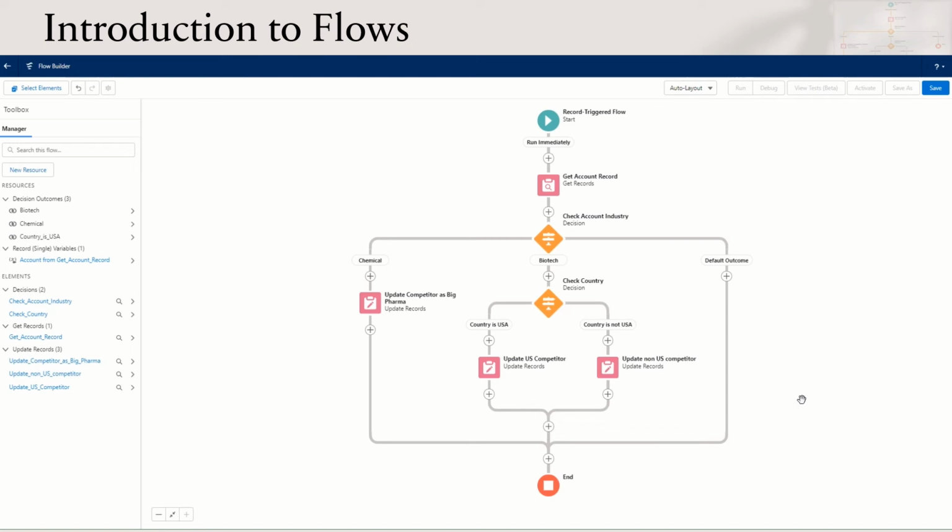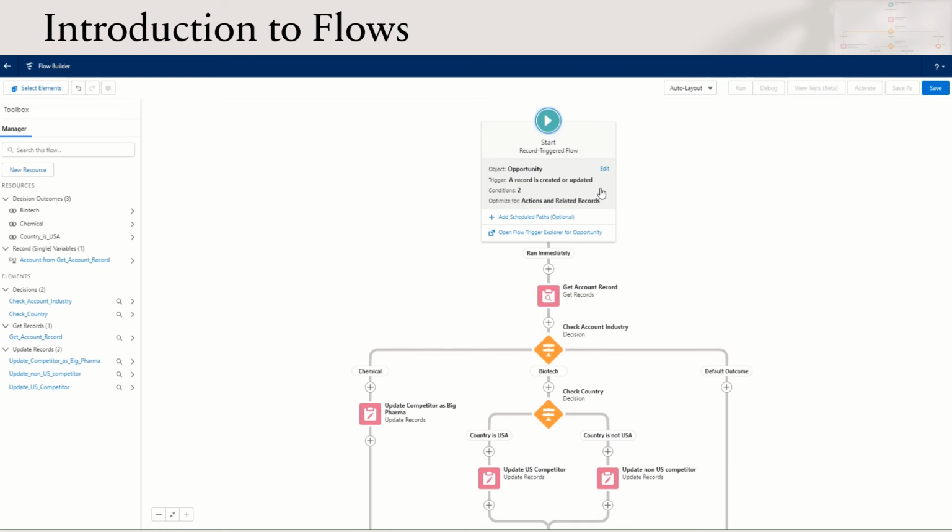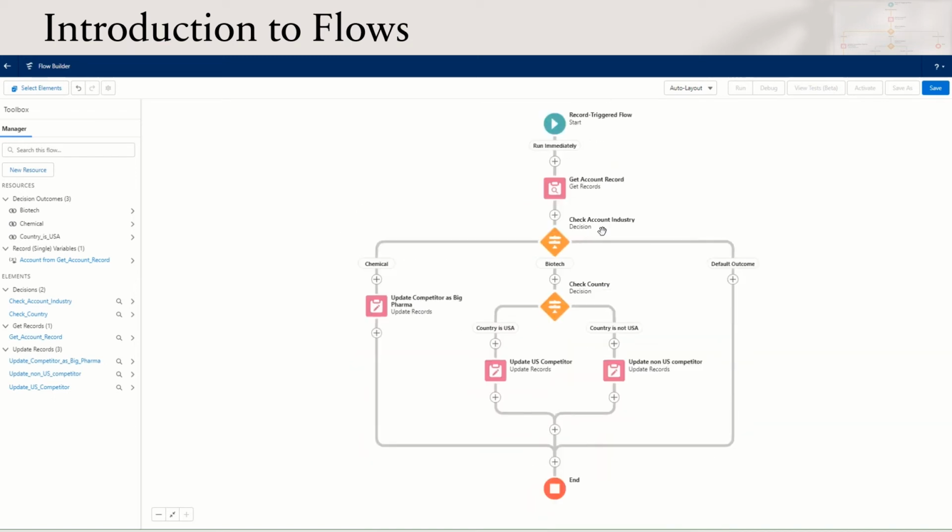Now our flow is ready. When a record is created or updated on the opportunity object, and it meets these two conditions, as the first step, it will fetch the account records. It will check the industry field on the account record. And if the industry of the account is chemical, it will update the competitor name as Big Pharma. If the industry is biotech, it will perform another evaluation by checking the country field of the account record. And if the country is USA, it updates the US competitor name. If the country is not USA, it updates the non-US competitor name. If the account industry is not chemical or biotech, it executes the default outcome and exits the flow without doing